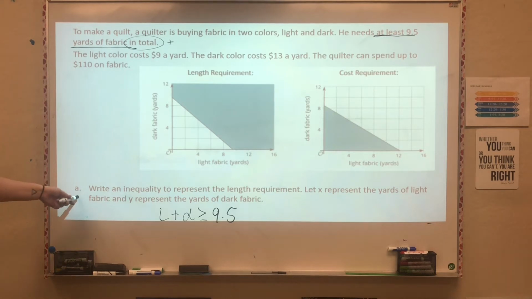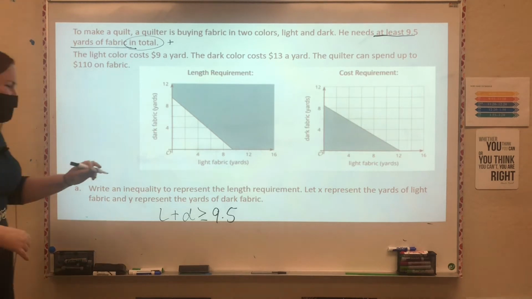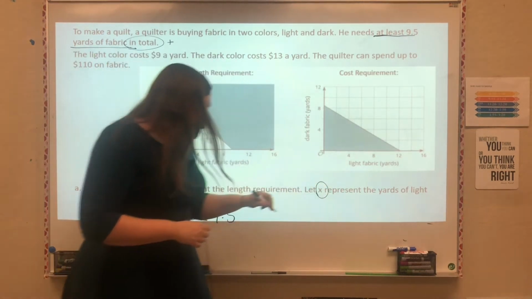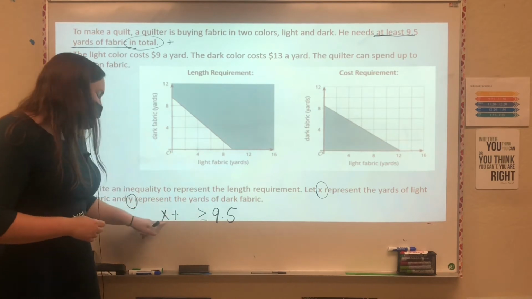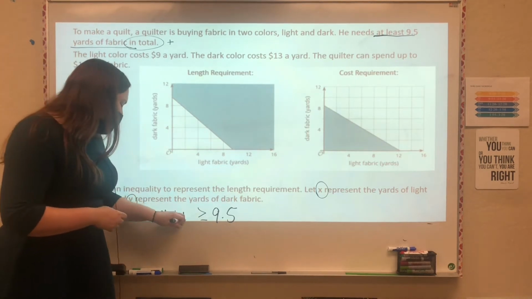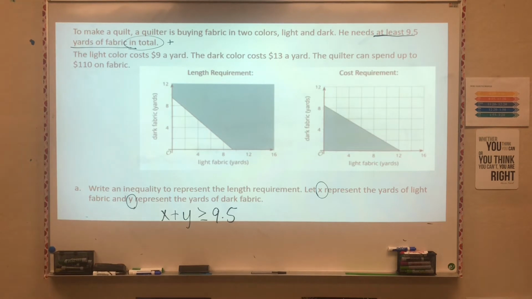Read through part A. So it'd be X plus Y. There you go. Because they're telling us to use X and Y, we're just going to switch them out. But I like how you did a real great job of saying X is the amount of light color and Y is going to be the amount of yards for the dark color. We've got our inequality here. The next question I've got is